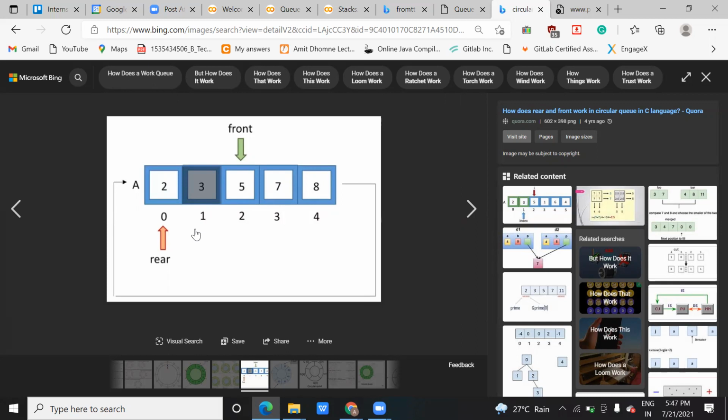Remember this. If anyone asks you, in an interview or in any scenario, don't say front is always pointing to the first element. Say it depends on the scenario or the type of queue. If it is a circular queue, front and rear can come ahead or back, or front can come before rear. It depends on the empty space, or it depends on the queue. Now I hope you understand this one. Yes, I do. Okay.